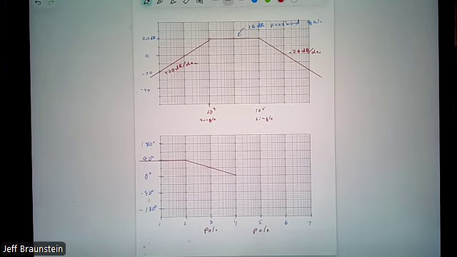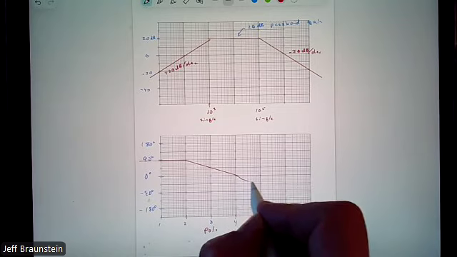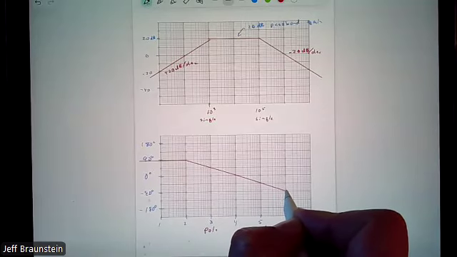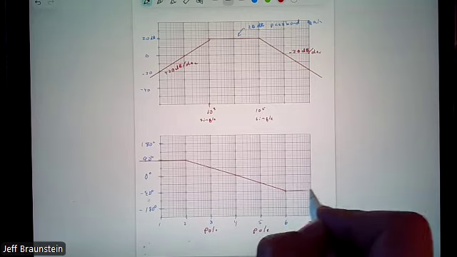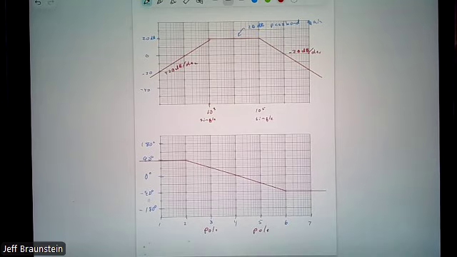We do the same thing for our pole at 10 to the 5. In this case, it looks like we continue a slope. It is not a slope. It's a change in value. We need to be careful. And then what do I do past 10 to the 6? It's a flat line, so to speak. It's straight. The phase stays at minus 90 degrees. We draw past to indicate that.